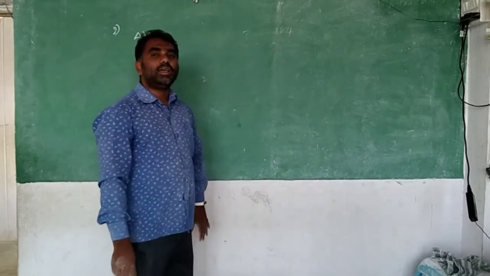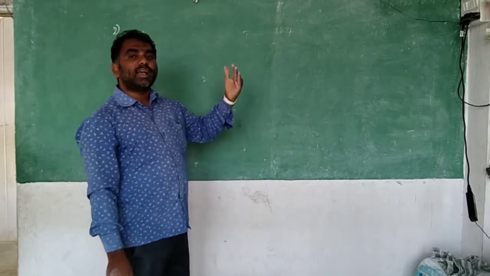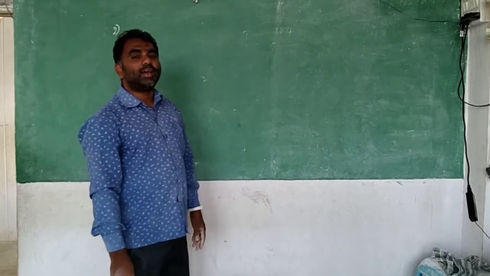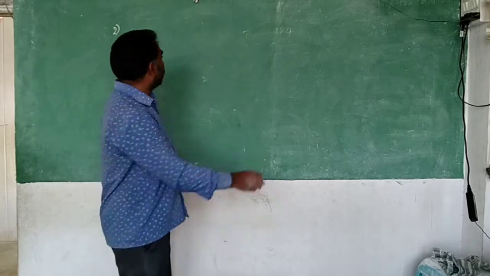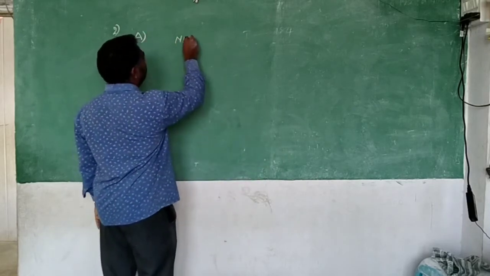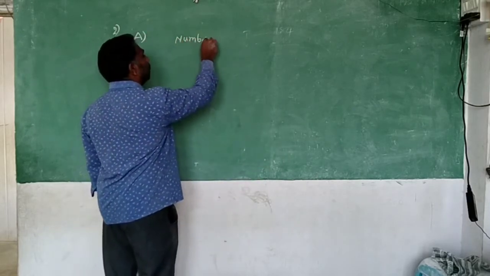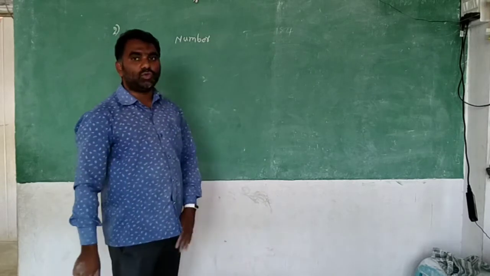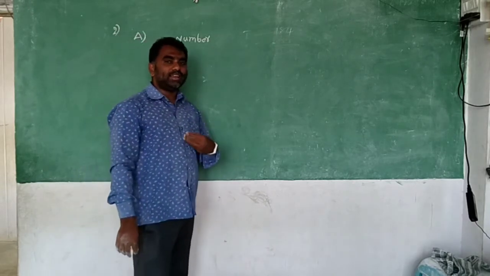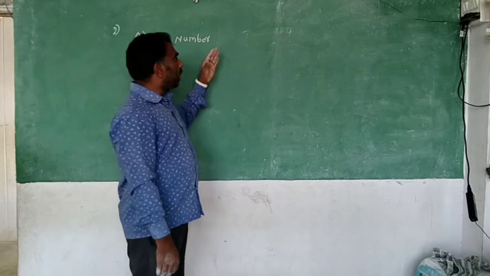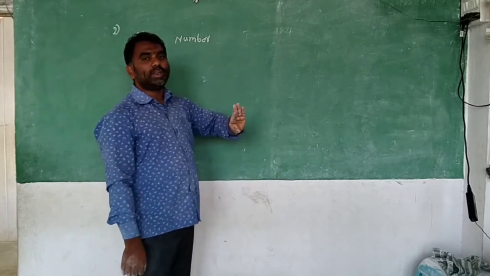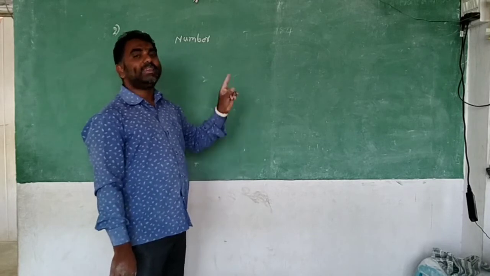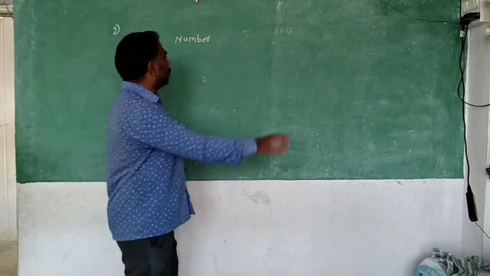First of all, how many students were there in the Kanala school? There were 215 students. Now I am writing the steps. In the starting days it is very difficult for you to write the steps. That's why I will say the steps to you. You copy these steps in your notebook, and the calculations I won't explain. You need to do them. Only the steps you will copy. So what do you write?